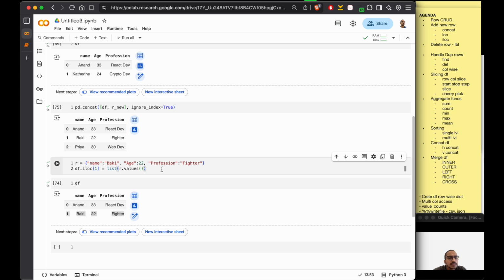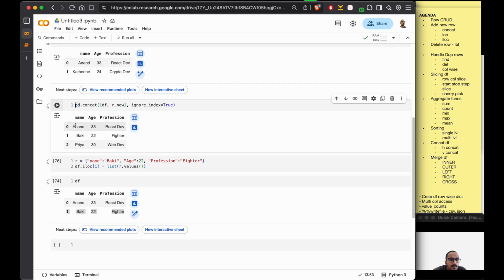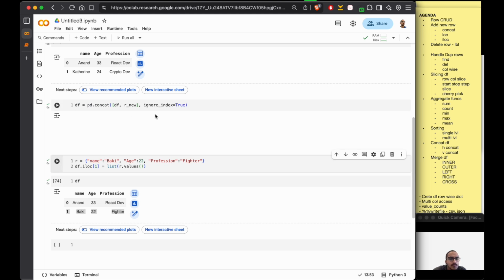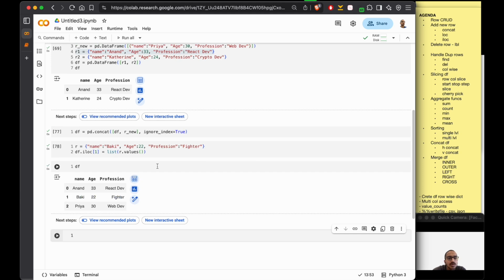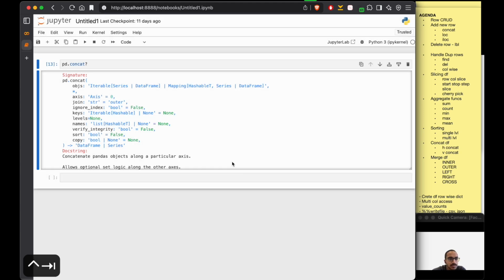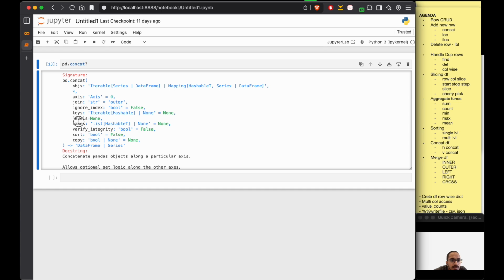Now if I add df, strange, Baki. Okay, there it is. So surprisingly, this does not have an in place, or am I not seeing it? Verify levels. Okay, it doesn't have an in place, but